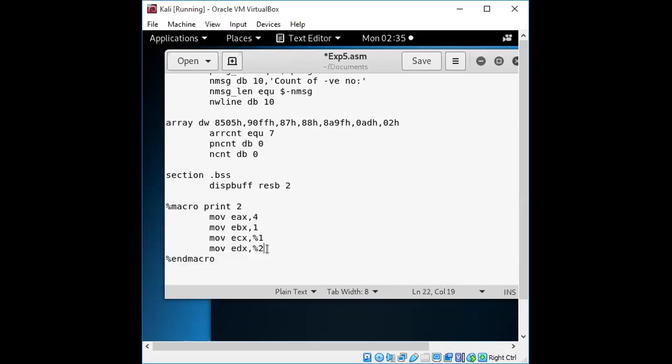That will vary as the message we want to display changes. Let's say we want to display a count, positive count, negative count, so the message might change, and the appropriate length will also change.